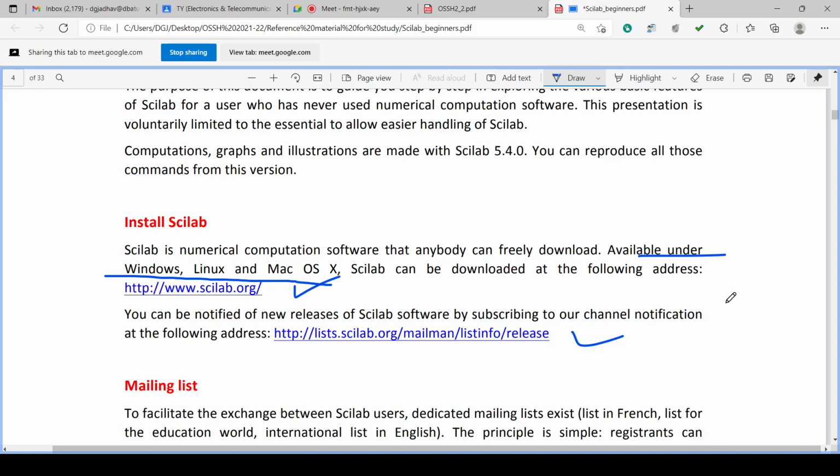For Linux, you have to download the Scilab which is useful to install into Linux. And for Mac OS, you have to download the Scilab which is useful to install into Mac. That means for Windows, Linux and Mac, different packages we have to download. So the same package you have downloaded cannot be installed into Windows, Linux and Mac.